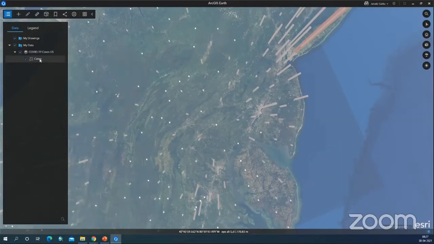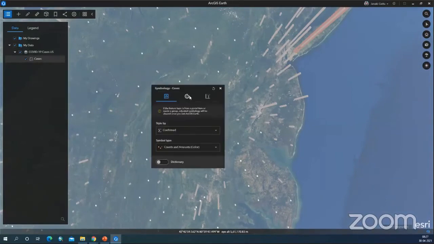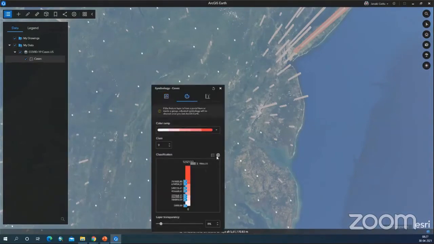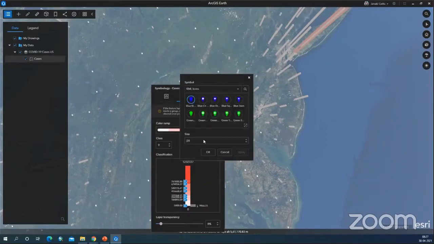Okay, so for better visibility, I'll just go to the settings and I'll change the value.